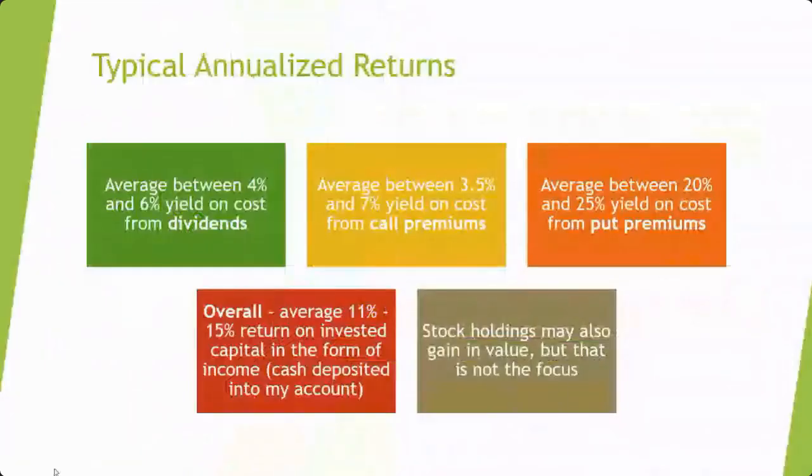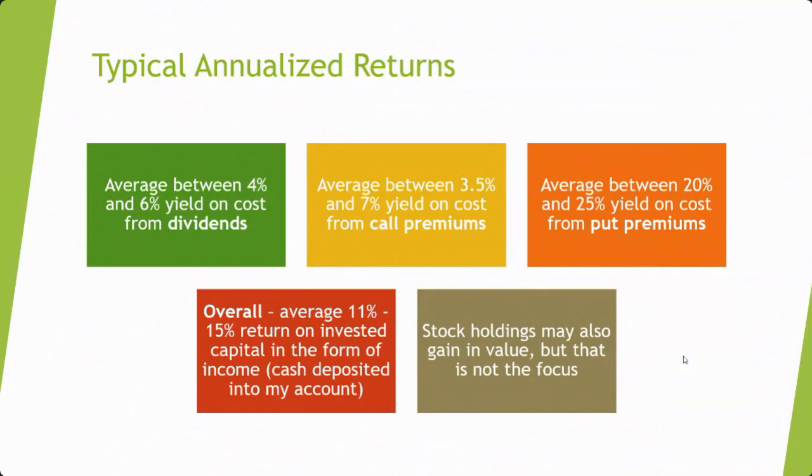So how do I do? These are typical annualized returns from each of those income streams. On the dividends, I average between 4 and 6% yield on my cost. On the call premiums, it averages between 3.5% and 7%. And the puts, which are by far my favorites, I average between a 20 and 25% yield on cost